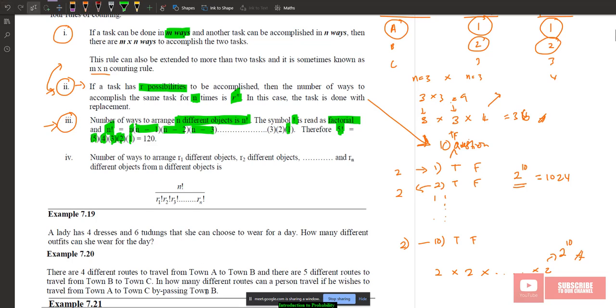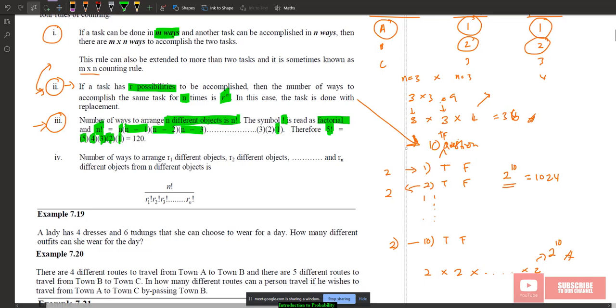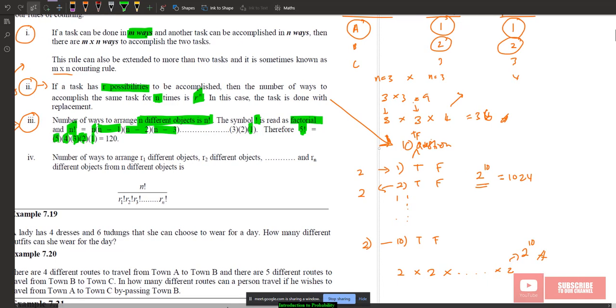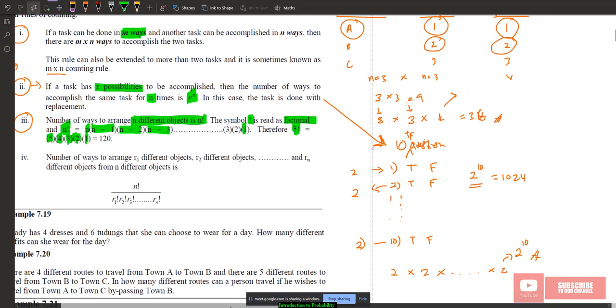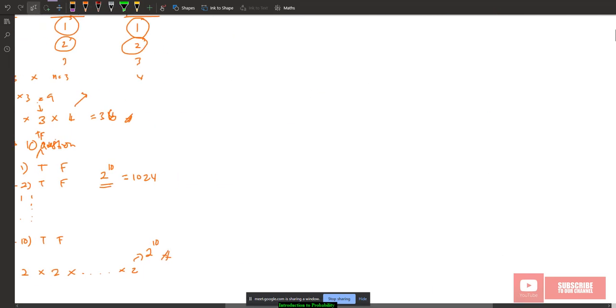there is a condition, right? The number of ways to arrange n different objects is n factorial. Different objects means you should not have a repeated object. For example, let's say I put it this way,